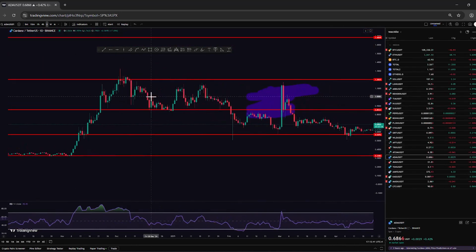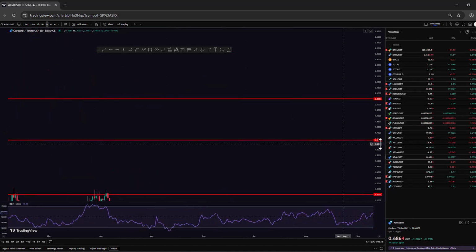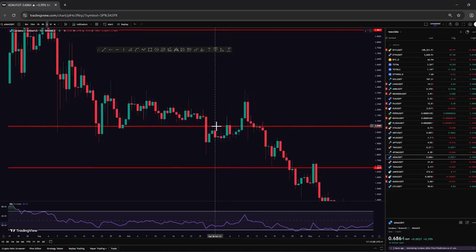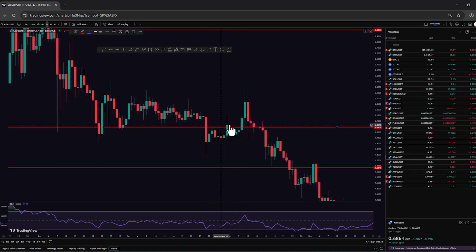I don't even remember where I was. We were on the daily time frame. We were here. Okay, we continue. Sorry for the delay. Here we were saying that this is a pullback level. Back in the 2 or 3 candles, it was here. Then it came up and became this.